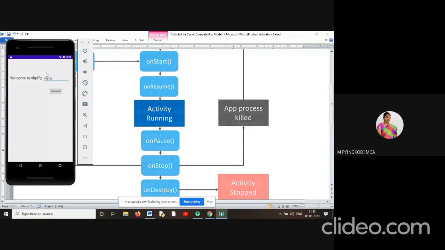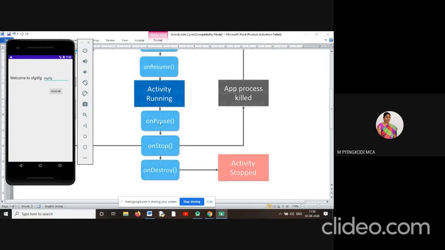Suppose you are using this activity and your screen goes off. Which method will run? onPause. The activity was running in onResume, and now the screen goes to the off state.